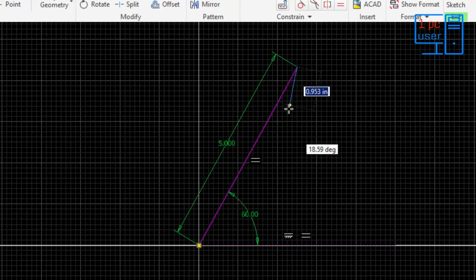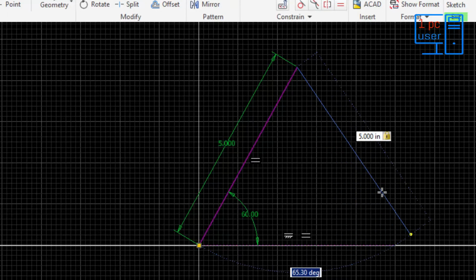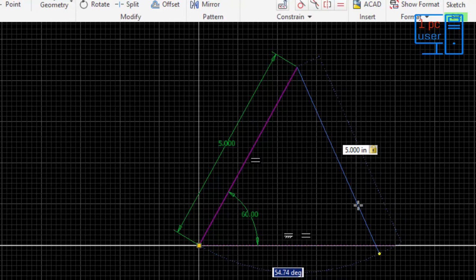After this, right now I want to draw one triangle, and you might have noticed here, I will talk about this later. Let me give dimension 5 again because I want to draw a triangle. Now I will press tab again. Now you have noticed here it measures angle according to relative coordinate system.